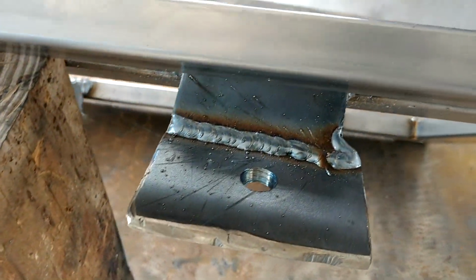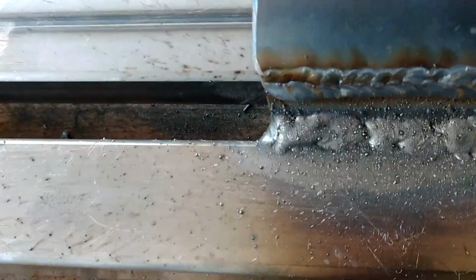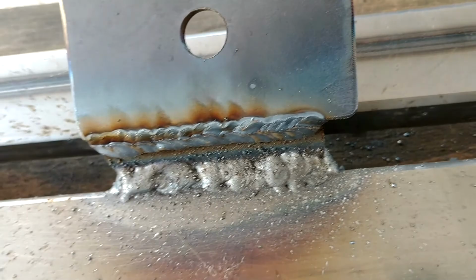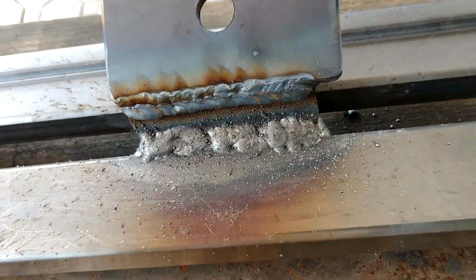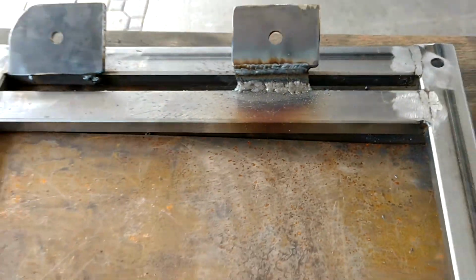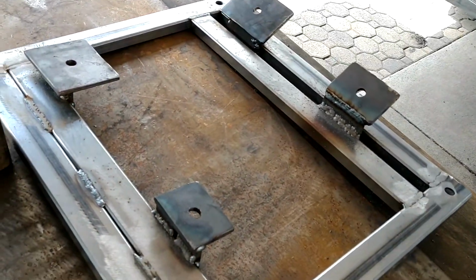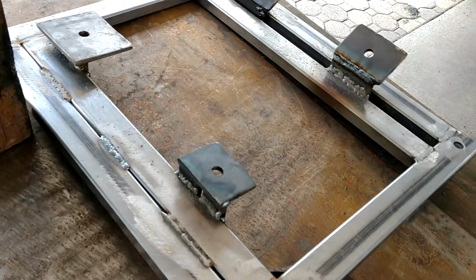I'm getting better at welding. It's not an easy thing to do, to be honest. I like that one too. Did all right. That one sucks, but that one's pretty. A lot of it's just practice on this thing, but at any rate, this thing's built now, so I'm going